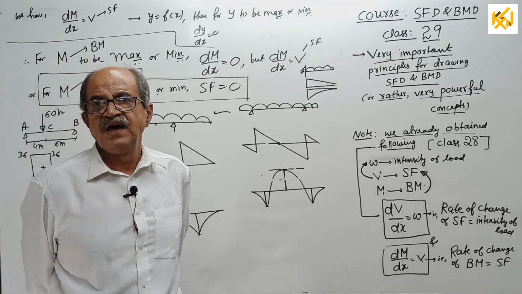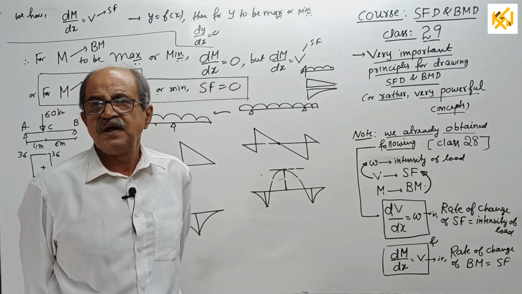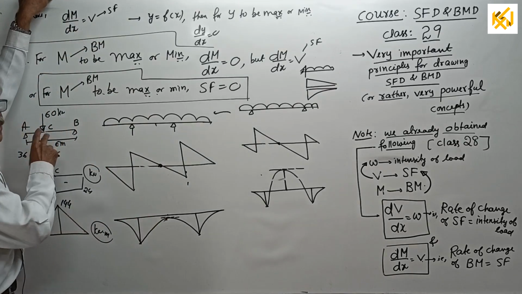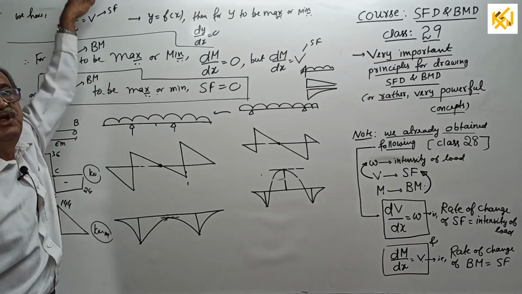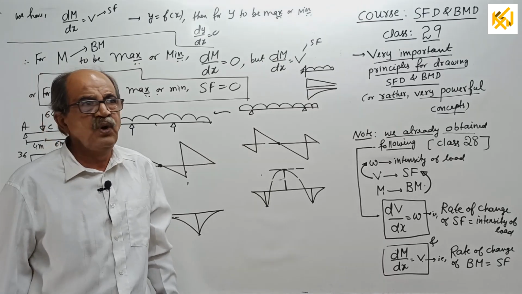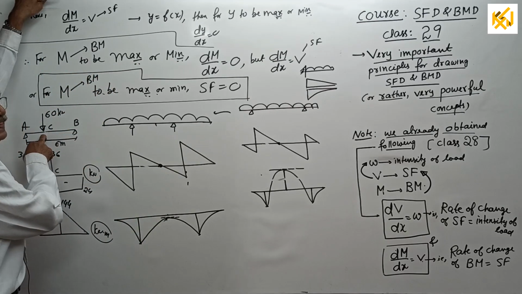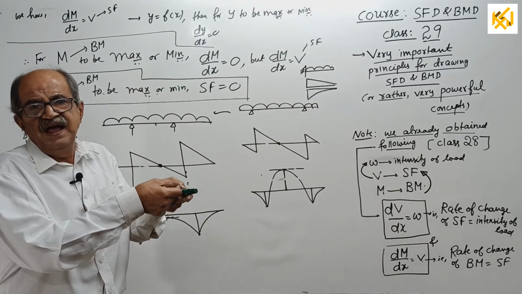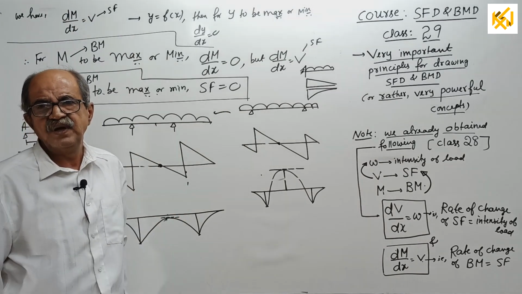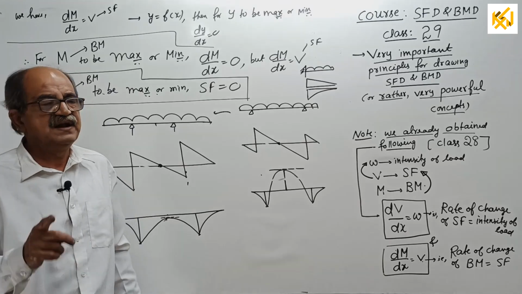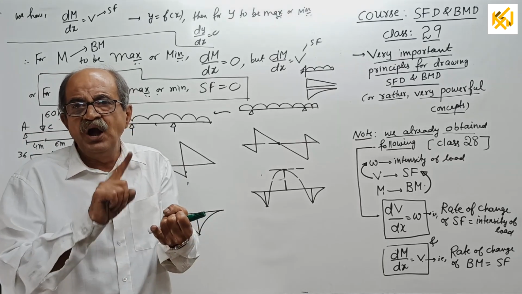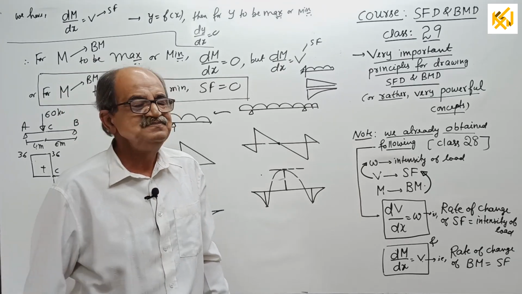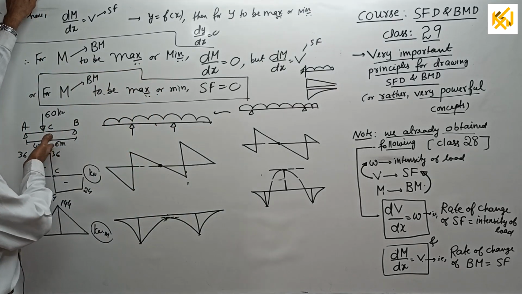In so many online classes, or if you go to classes, you can see people telling the shearing force at C is not defined, some discontinuous function they will tell. Therefore, when a point load is there, they will tell at that point the shear force is not defined, you consider either left or right. They will tell that way. Okay, but their statement of not defined, discontinuous, I am going to prove it is wrong. It has got a beautiful concept.